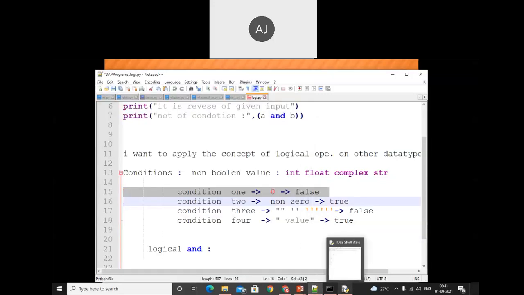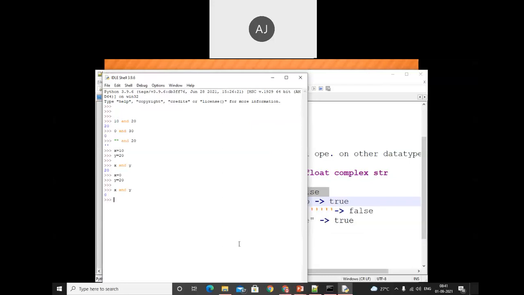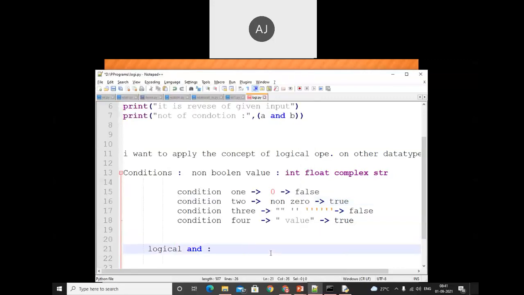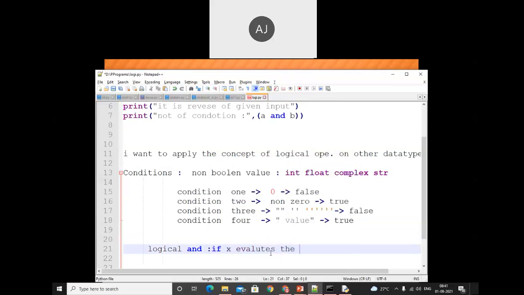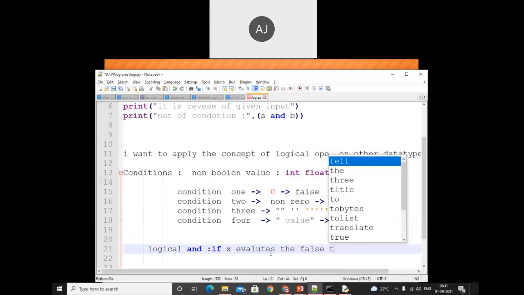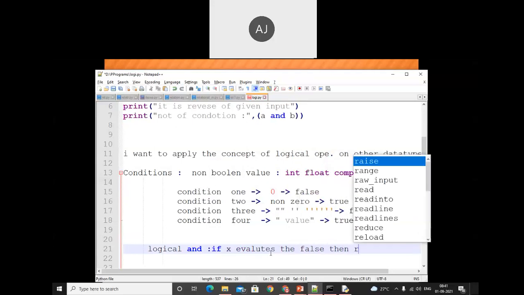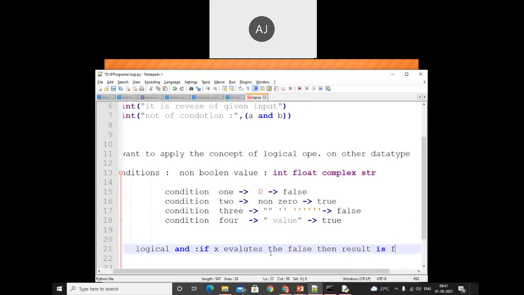That means if x evaluates to false, then we get x, otherwise we get y. Similarly, here I will write the condition: if x is false, then that is x.